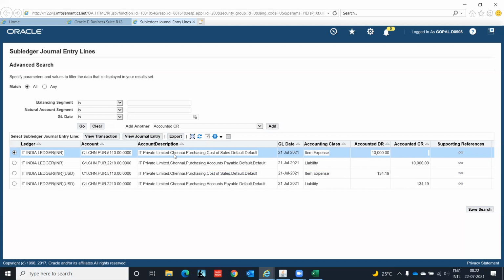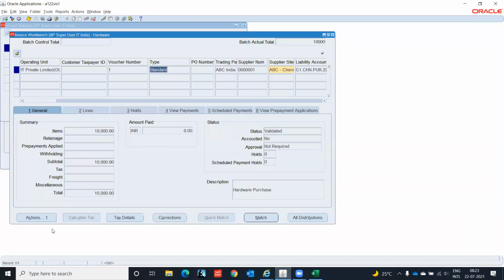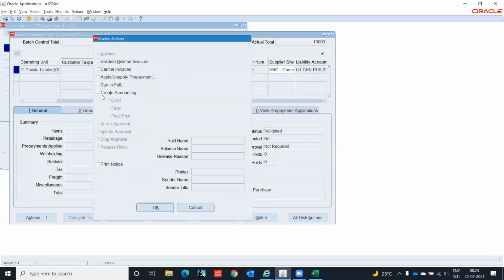So right now you see we have liabilities and item expenses, but this is still not posted in our general ledger. Now we go here, click on action, create accounting. If you select final, then you have to run another program, transfer to GL and post.